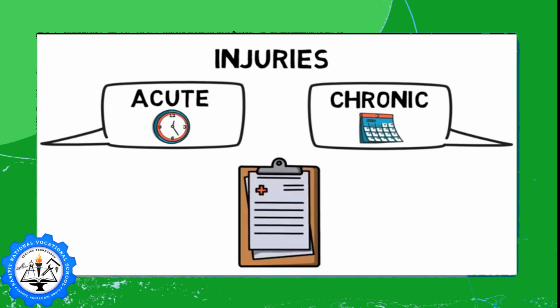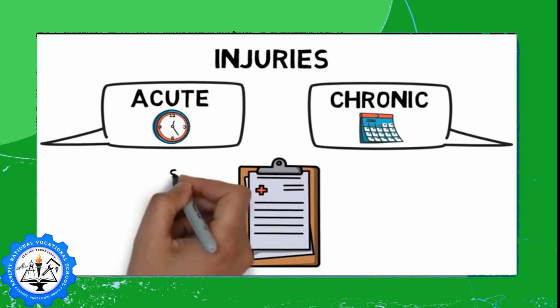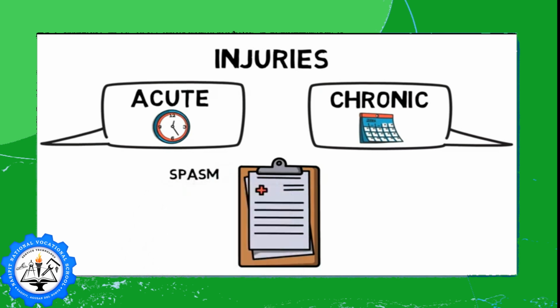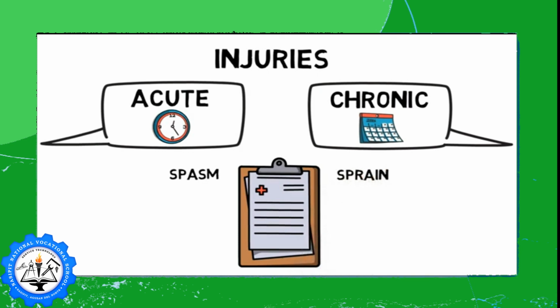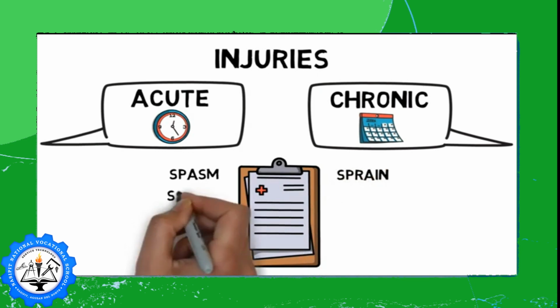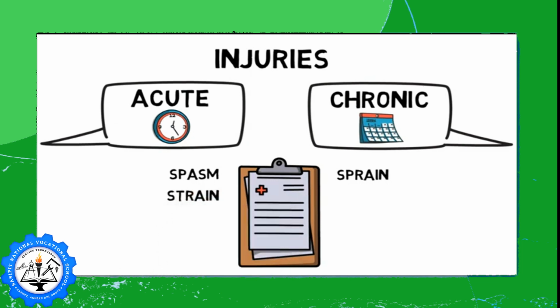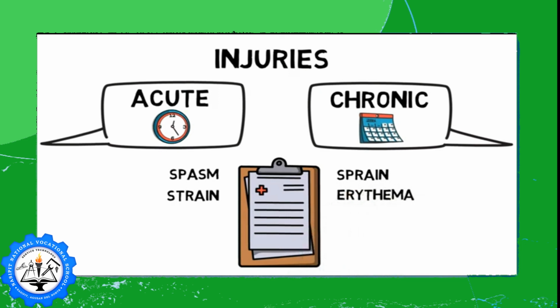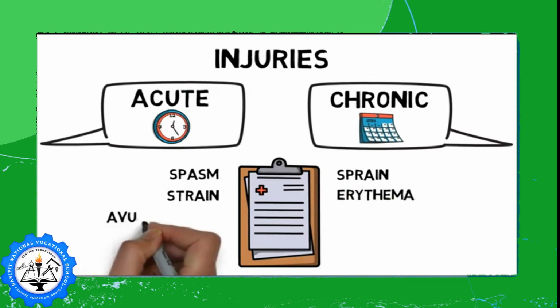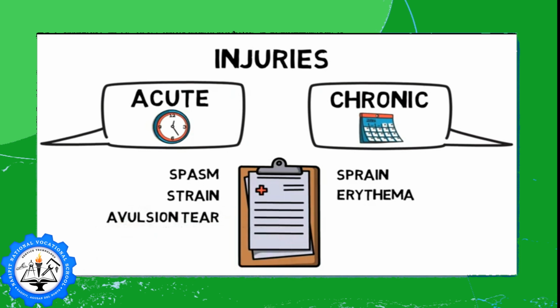Types of injuries include a spasm, which is an involuntary contraction to protect muscles by stopping them moving, a sprain, which is an overstretch of a ligament, a strain, which is an overstretch of a muscle or tendon, erythema, which is reddening of the skin, an avulsion tear, which is a tendon torn off a bone,